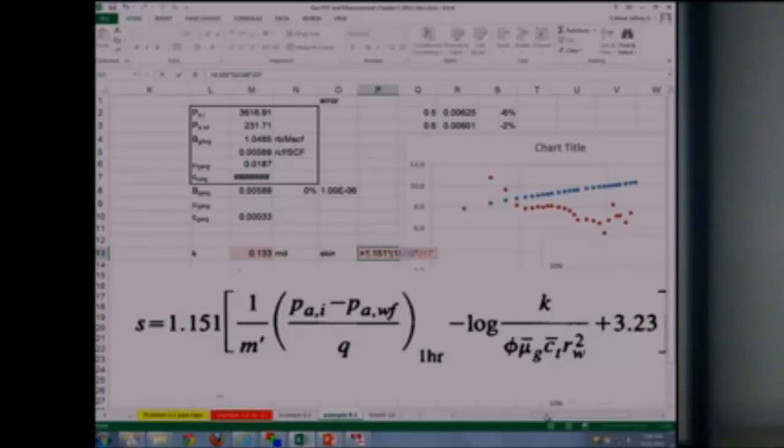Remember, well test units are hours, and we only use log base 10. Well, except for that derivative. Minus the log of the term that I calculated over the quantity